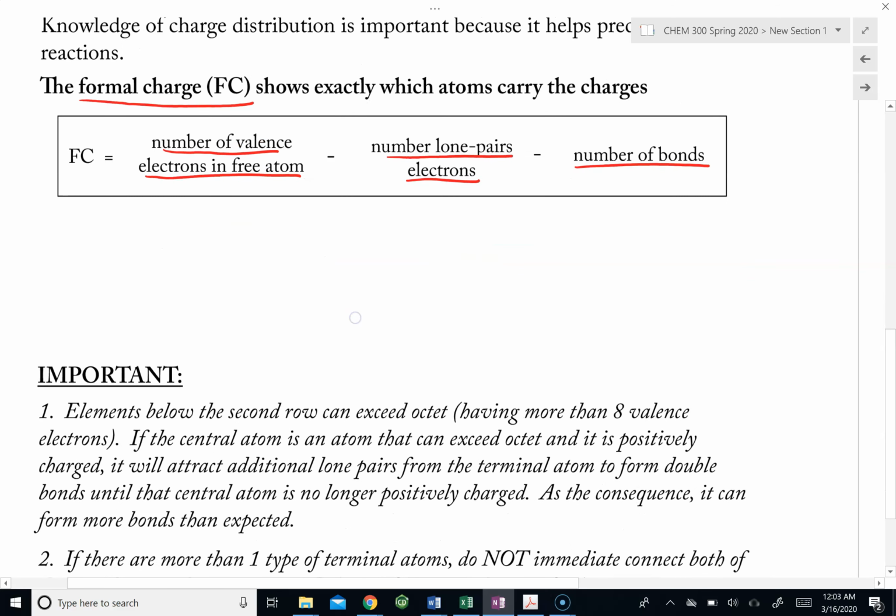So let's try applying this equation to calculate the formal charge of all of the atoms in our nitrate. So let me draw the structure of nitrate that we came up with before. So there it is. Now let's figure out the formal charge of some of these atoms. So first, let's do the formal charge of this oxygen A. So the formal charge of this oxygen A will equal, first, the number of valence electrons in the free atom. So we know oxygen has 6 valence electrons in the free atom,